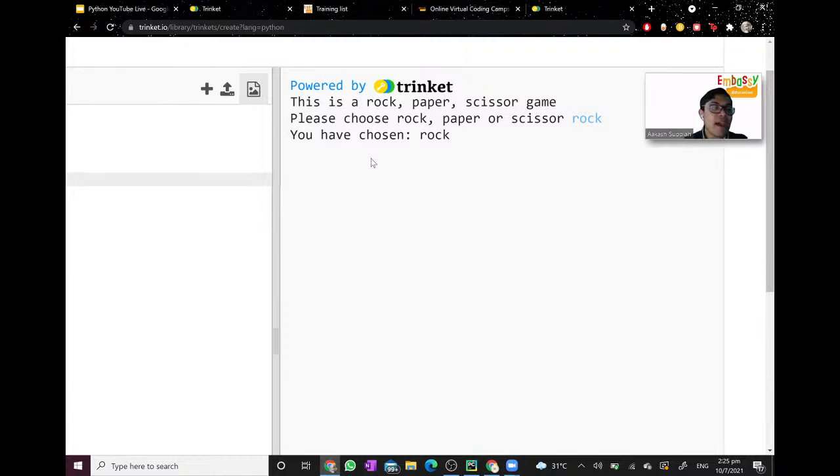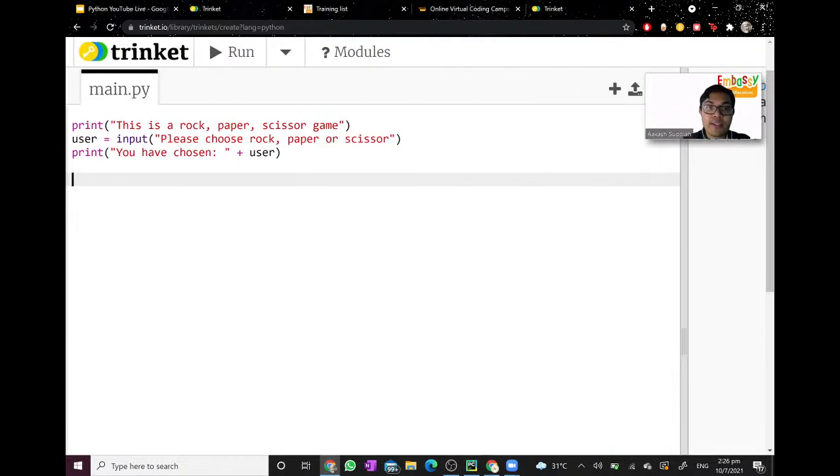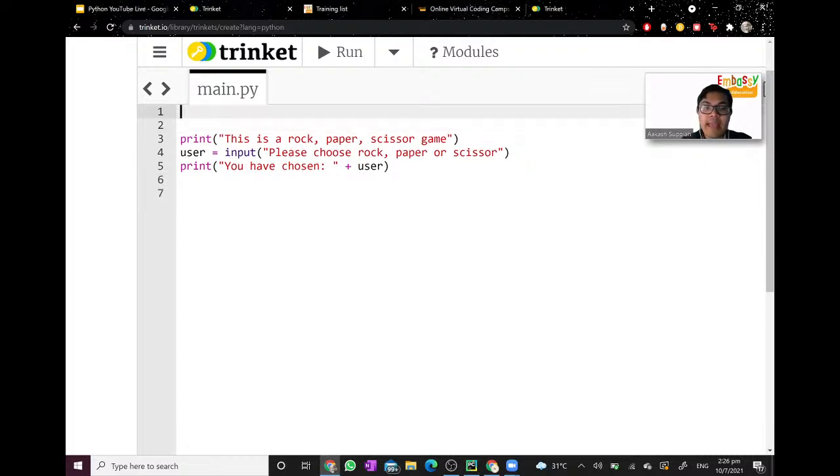For that, we have to use a library called random. Just to explain again, we have now explained how we can pick a choice, which is rock, paper, scissors. Now let us program for the computer to pick a choice. To allow the computer to choose between rock, paper, or scissors, we are going to have to import a library called random. To import the library is very simple. We go to the start of our program here and type in import and the library name. Since the library is called random, we type in random.